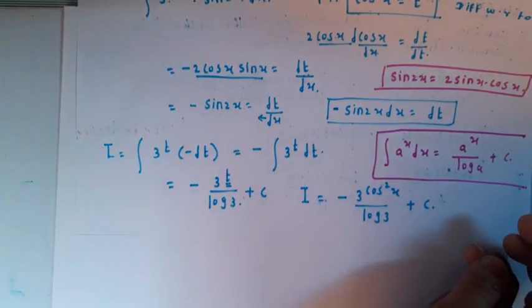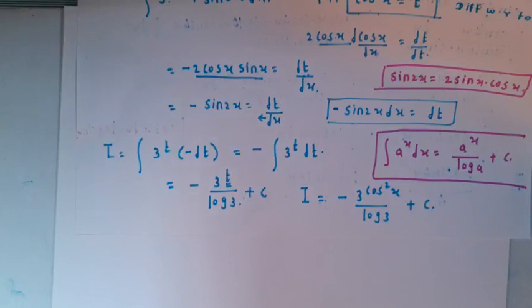This is your answer. In this way we have to solve the problems. From exercise 3.2, question number 2, there are 17 problems, and out of these 17, 4 or 5 problems can be solved by another method. In the next video I will explain that method. Till then, the homework for you for this video is to solve the problems again and again. At least 2 times you have to solve the same problems that I have solved in the video. Okay students.